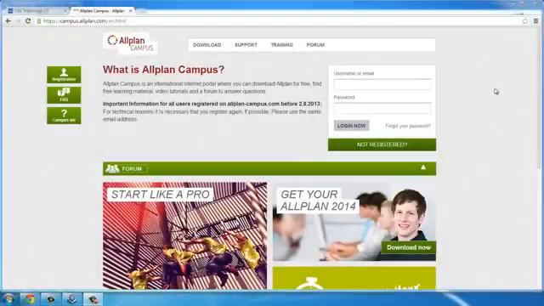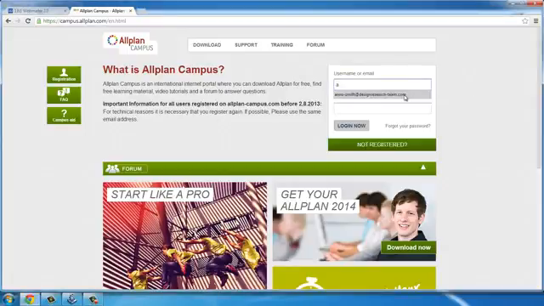After the installation, Allplan will run for 30 days with a trial license. Within these 30 days, you should install your own student license. It's really fast and easy, and completely free for students. The student license is valid for 1 year and can be extended every year until you finish your studies. To apply for your license, log on to Allplan Campus